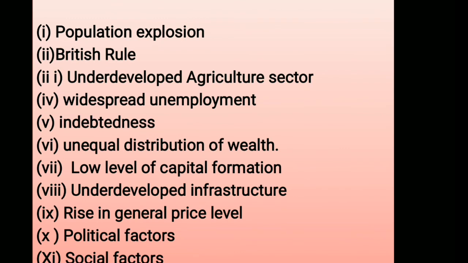Underdeveloped agriculture sector, as we have seen, more than 75% people are working in the primary sector, and that sector too is not developed, and there is disguised unemployment. So we need to do development in this sector. Due to underdevelopment, there is poverty. There is widespread unemployment in India. We know that a number of graduates are passing out every year, even then they are not able to get a job. So we have a number of unemployed people, and that somehow creates a poverty situation.